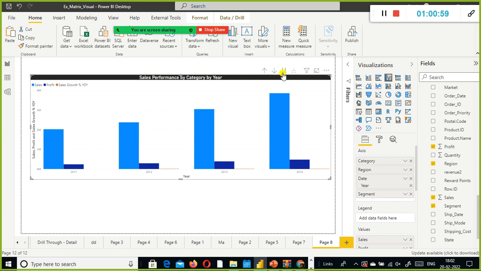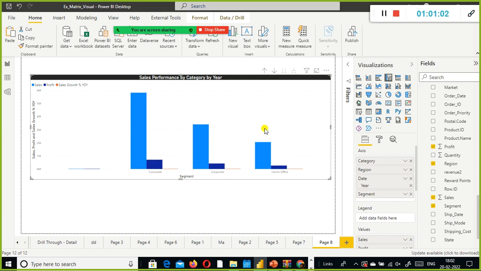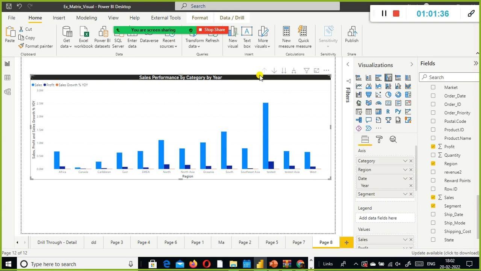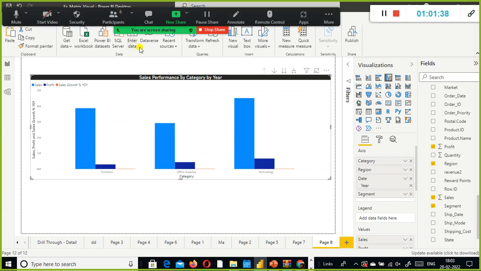It shows us. And if I go down to the next level, I don't care about all these three levels. You tell me in which segment our overall sales and profit is high. The consumer segment. So this will give you a high level idea, right? Compared to all the other segments, in the consumer segment we made more sales and profit. So hope you understood the functionality of these three icons. Any questions regarding this?